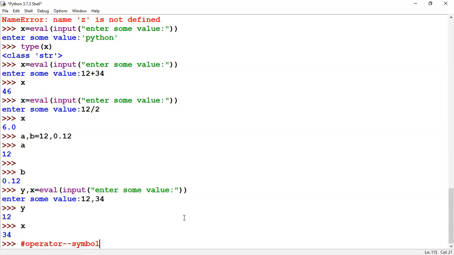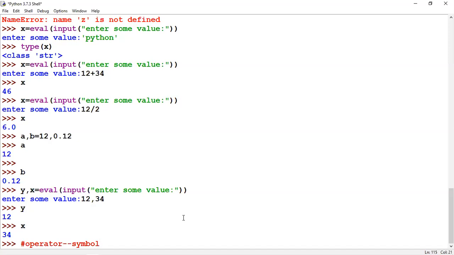But now we need to discuss what kinds of operators are available in Python. As you guys already told, the arithmetic operator is one kind of operator available in Python. Apart from that, we have the logical operator, comparison operator, shorthand operator, and then the membership and identity operators. Now we are going to discuss all these operators.